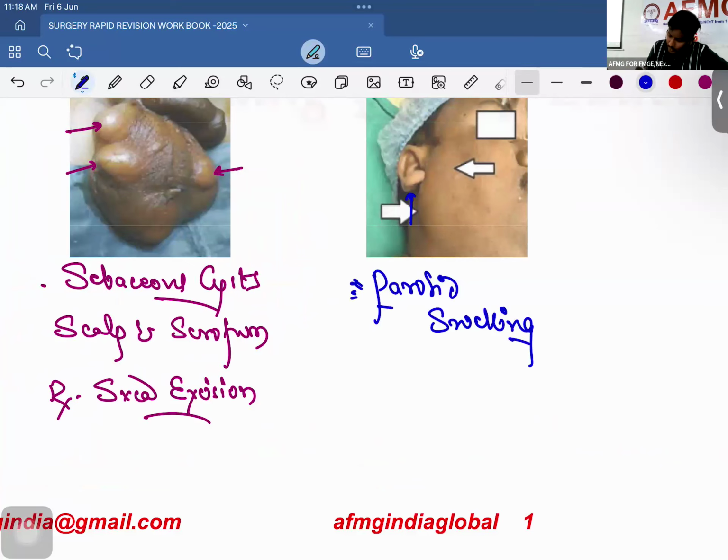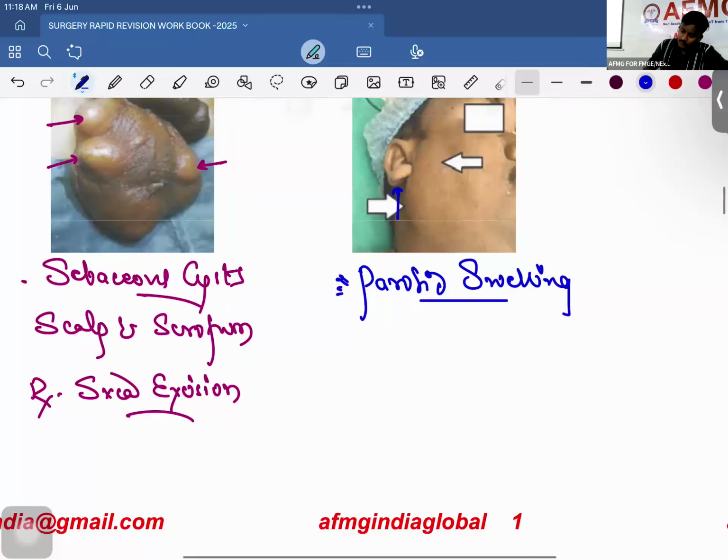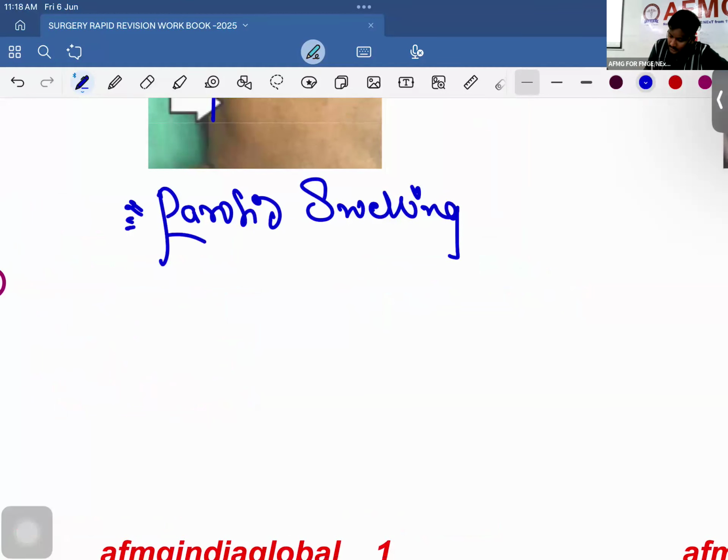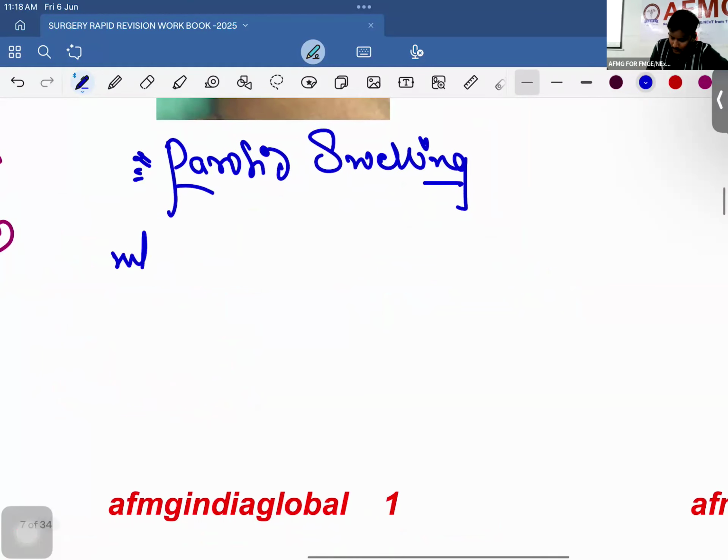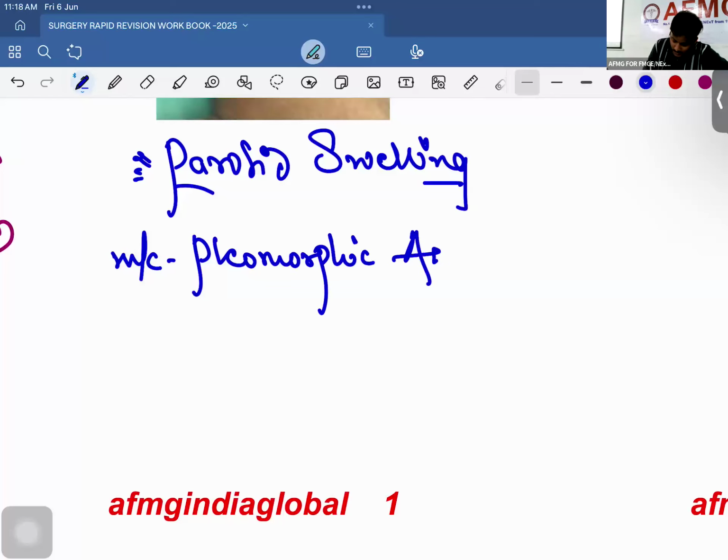Now, this can be due to a parotitis, it can be due to a parotid abscess, or it can be due to a parotid gland tumor. Most common salivary gland tumor or most common parotid gland tumor? We know the most common parotid gland tumor or salivary gland tumor is a pleomorphic adenoma. Benign or malignant? We know pleomorphic adenoma is going to be benign and only involves the superficial lobe of the